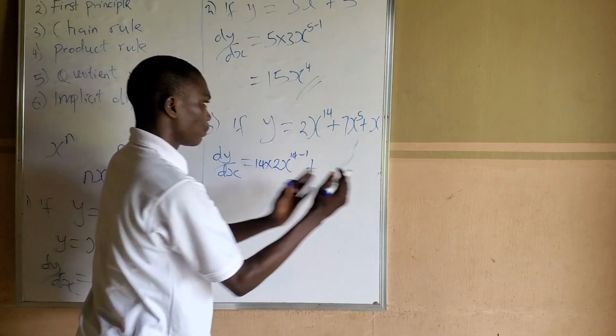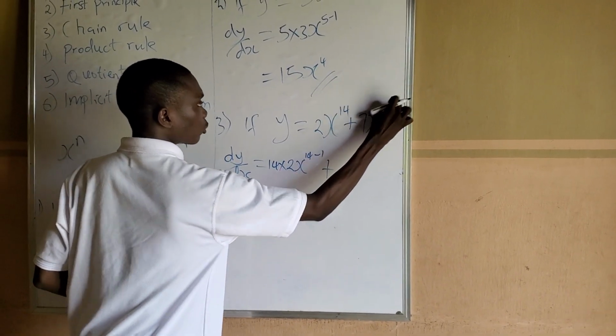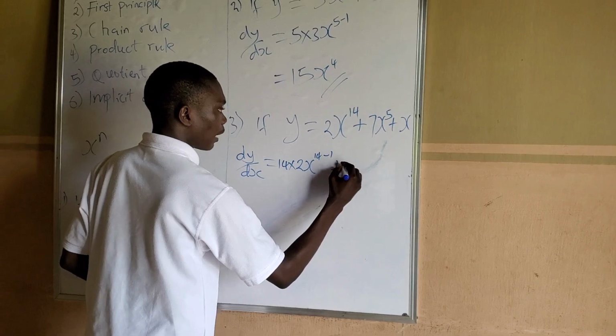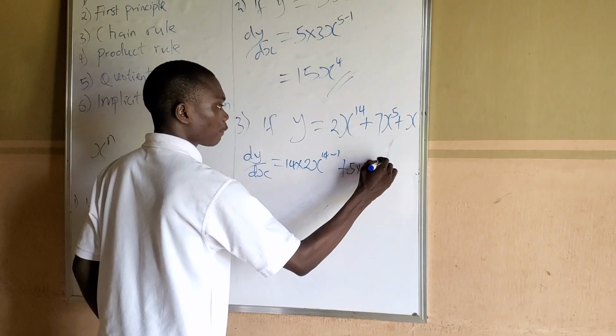So differentiating this, use this 5 to multiply it, then subtract 1 from 5. That will be 5 times 7x raised to the power of 5 minus 1